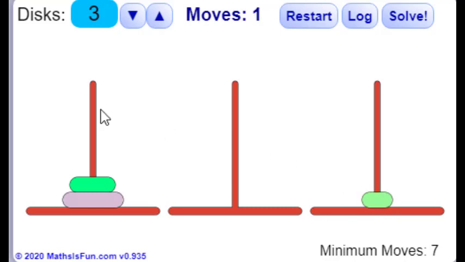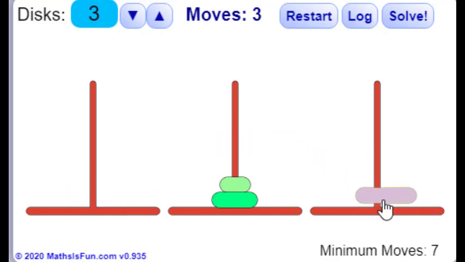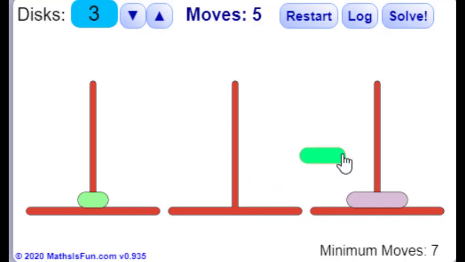The first thing I do is bring the ring from the source to the target, then I take the second ring, the top ring, from the source to the intermediate, then the ring from the target to the intermediate, then the ring from the source to the target, then the topmost ring from the intermediate to the source, then the ring at the intermediate to the target, and finally this one to the target. So these are the various steps.